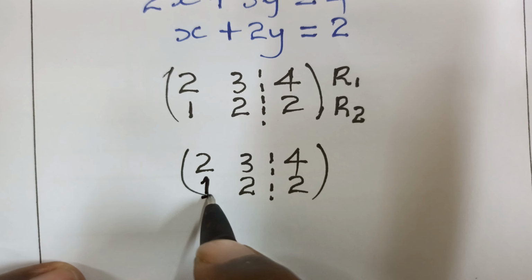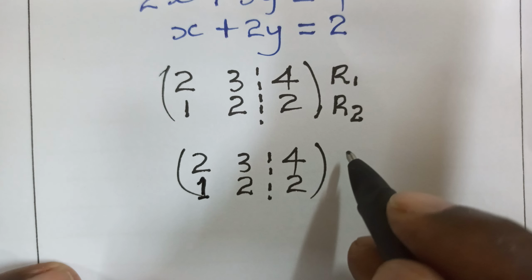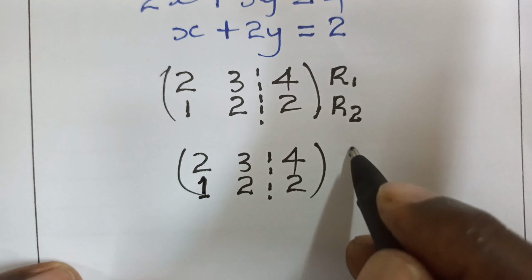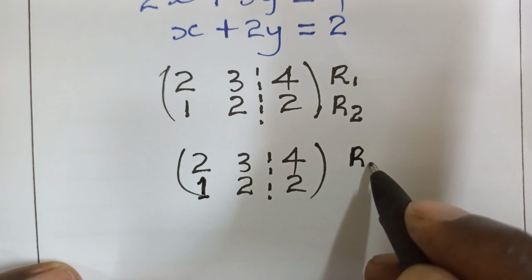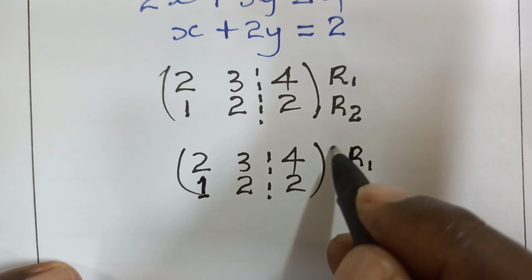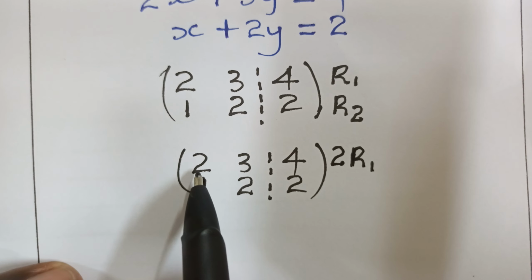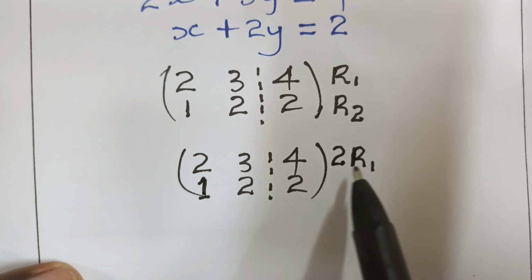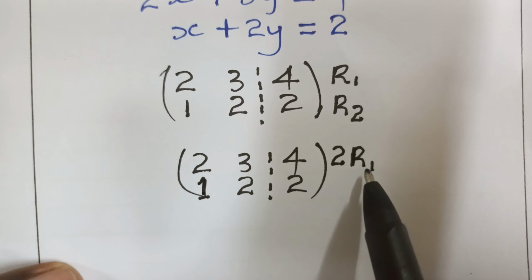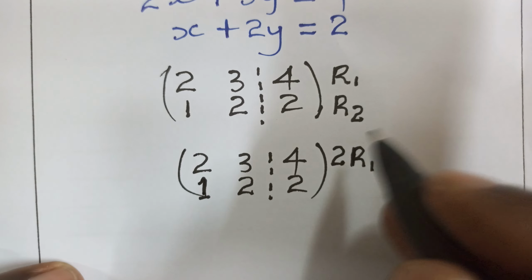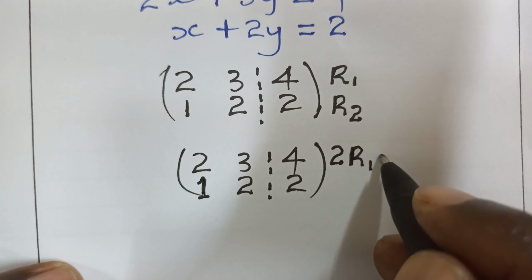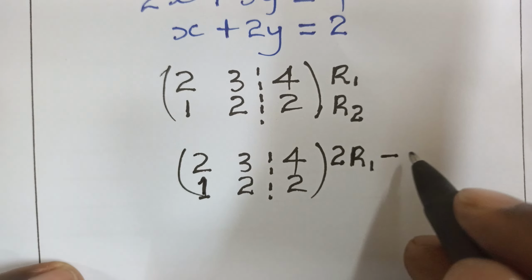And so guys, we use first row 1. If I multiply row 1 by 2, now dealing with this first number, we shall have 2 multiplied by 2, which is 4. Now, minus, I come here and write 3,